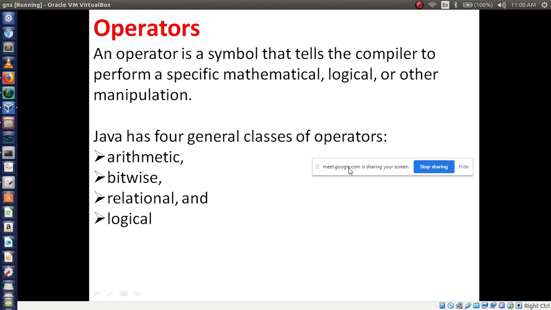Based on these two, we will learn the Java language, right? So now we have studied different kinds of data types. Today we will see operators. So let me discuss these operators.